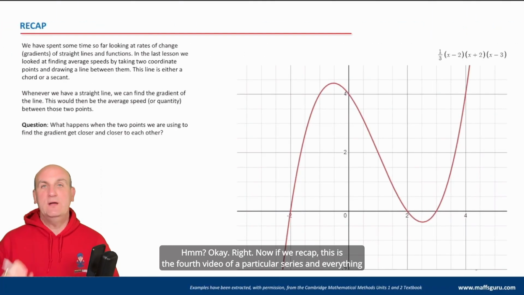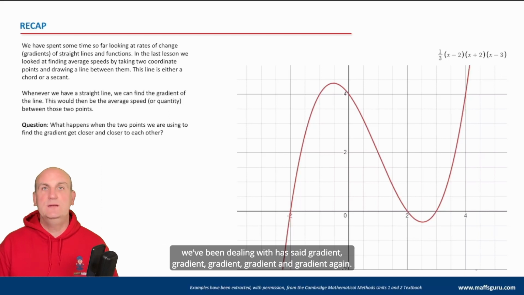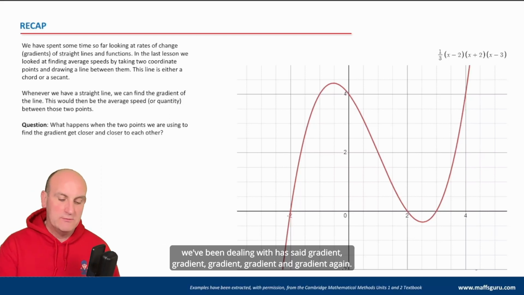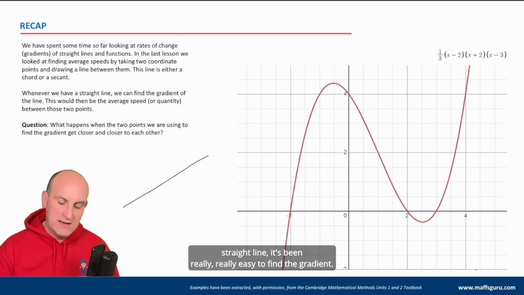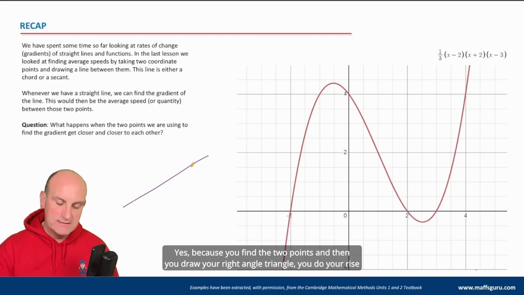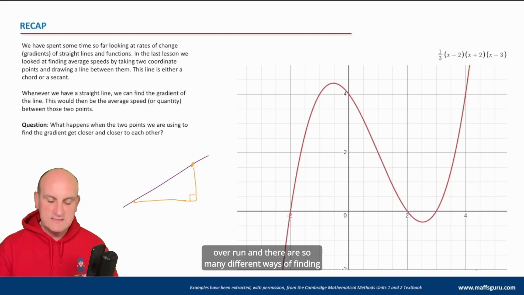Okay, right, now if we recap, this is the fourth video of a particular series, and everything we've been dealing with has said gradient, gradient, gradient, gradient, and gradient again. We need to be able to find gradients. When we've had a nice straight line, it's been really easy to find the gradient, because you find your 2 points, and then you draw your right angle triangle, or you do your rise over run, and there are